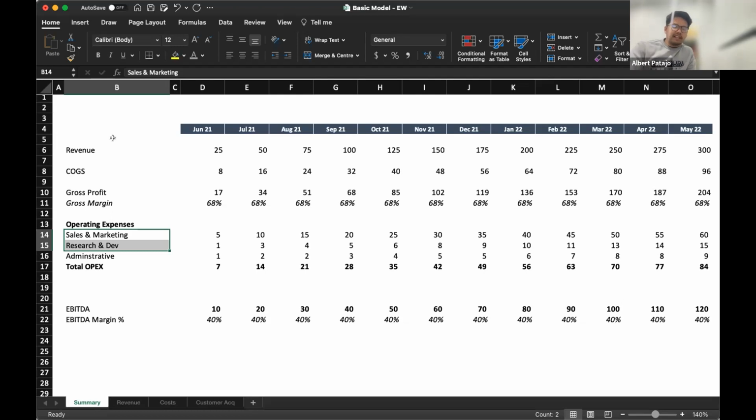If you've ever looked at an annual report, you'll see a table that's very similar to this that walks through a P&L. If you've looked at investor presentations or pitch decks, they often have a financial table like this that walks through this entire structure, revenue all the way down to EBITDA.